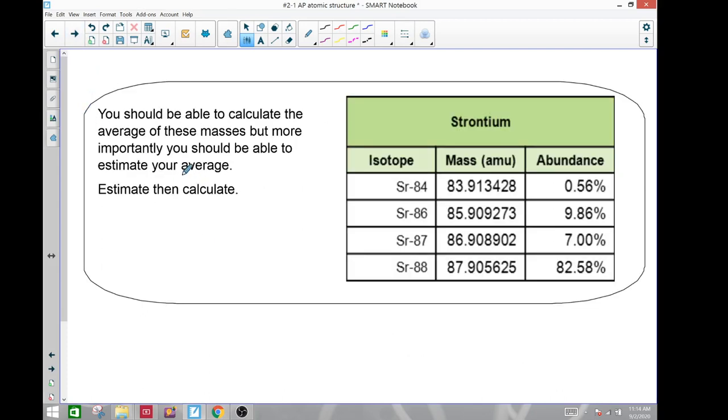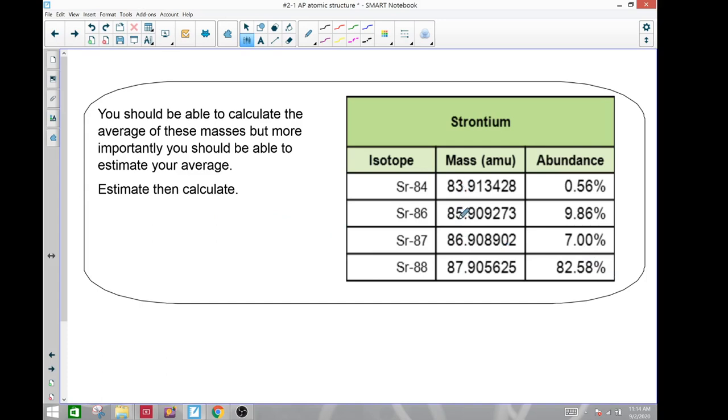All right. Next, average atomic weight. You should be able to calculate the average of these masses, but more importantly, you should be able to estimate your average. Okay, estimate, then calculate. I'll just estimate here first. This thing should be, let's see, we got here